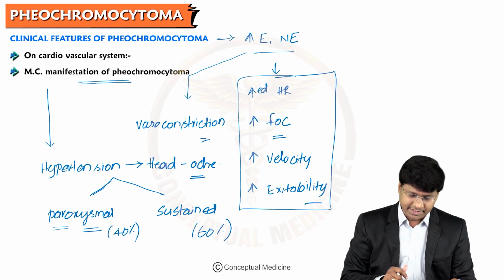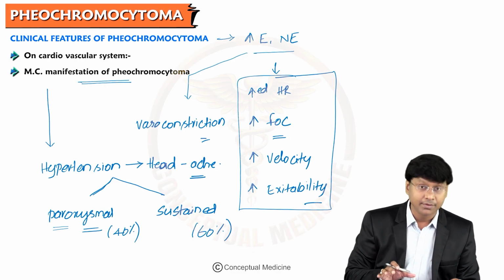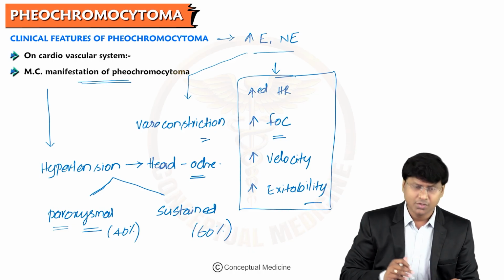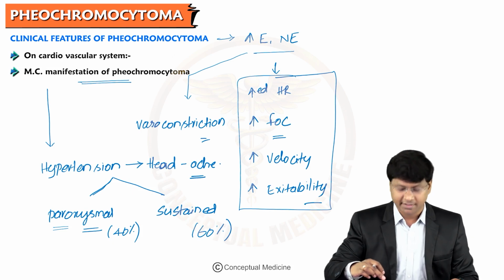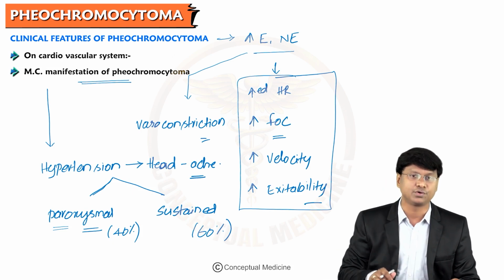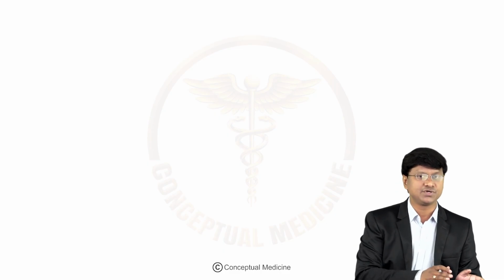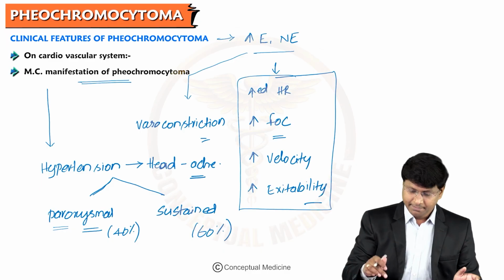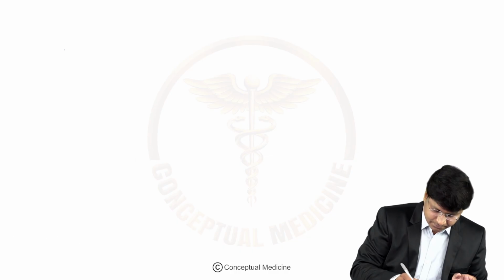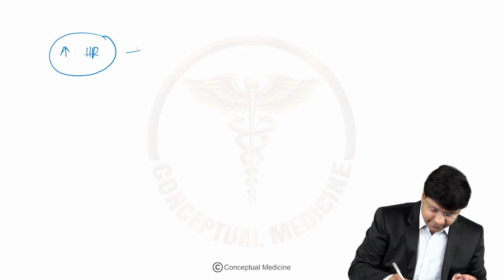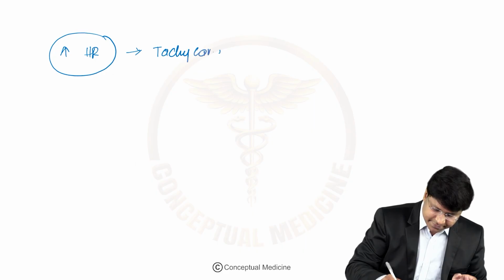Now, after having discussed the hypertension part in pheochromocytoma, what will be the effect on the cardiovascular system, that is on heart rate, force of contraction, velocity, excitability? Let me discuss that. The basic physiology I have already taught you. Because of the positive chronotropic effect, there will be an excessive increase in the heart rate, which will make the individual develop tachycardia. And because of this tachycardia, the individual will develop palpitations,